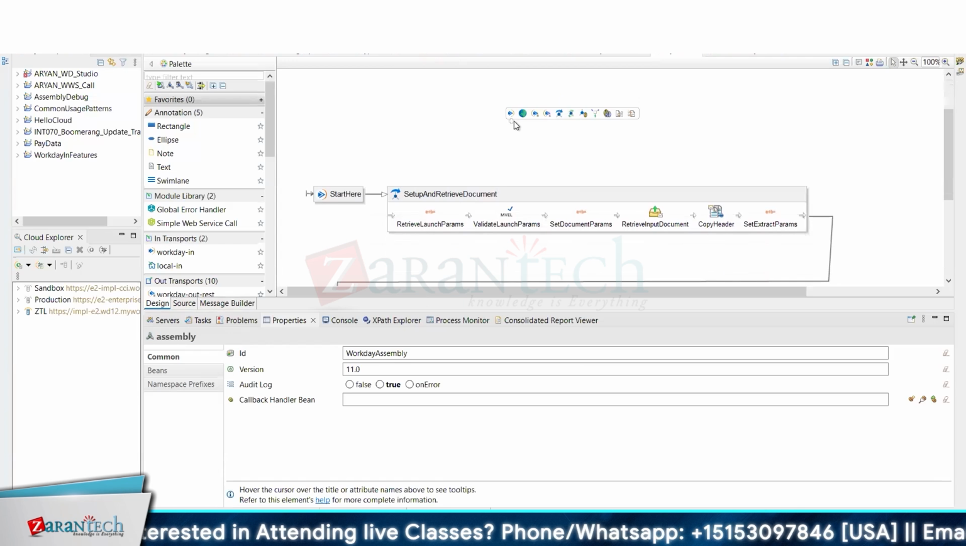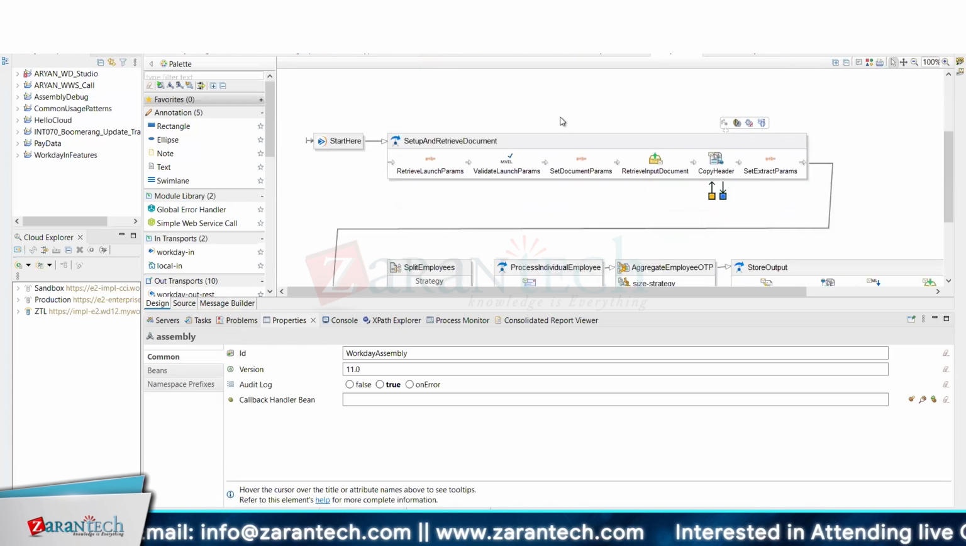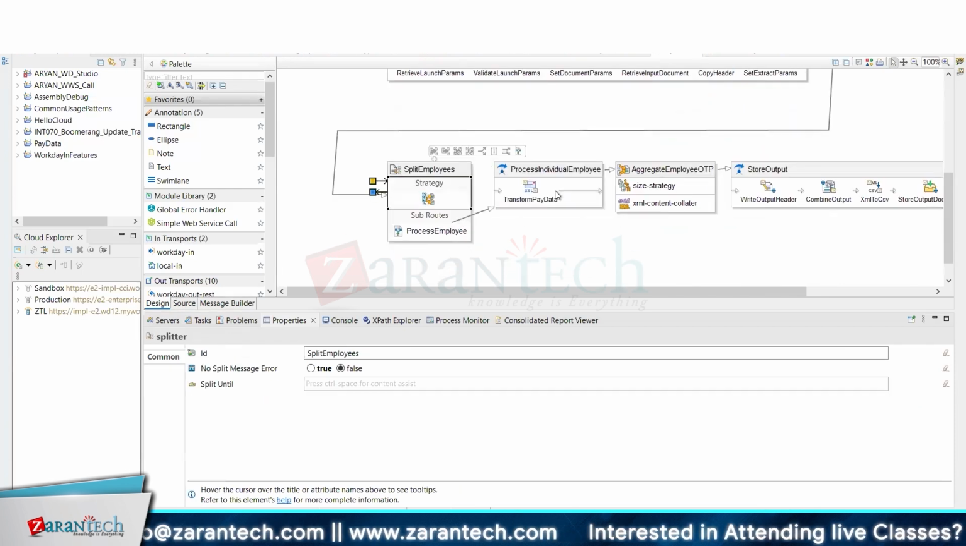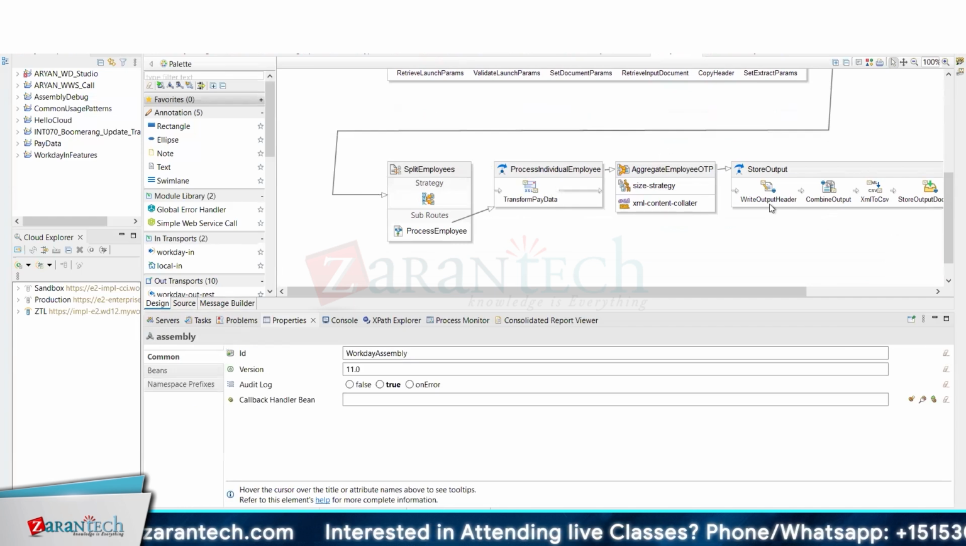Okay. I think we were on the pay data integration. We discussed the flow, how it is getting the payroll file, validating the payroll file, getting the file name, the collection name, then retrieving the internal document, like the payroll document, that means the content of the file, getting its header, and then processing each of the employees one by one, transforming it through an XSLT to get the earnings and deduction codes and their amounts, then collating it, putting a header onto it and transforming it into a CSV